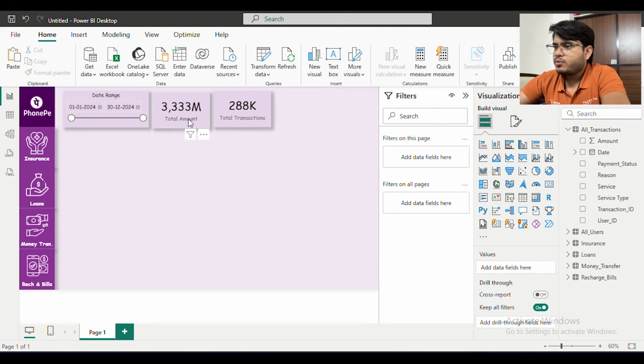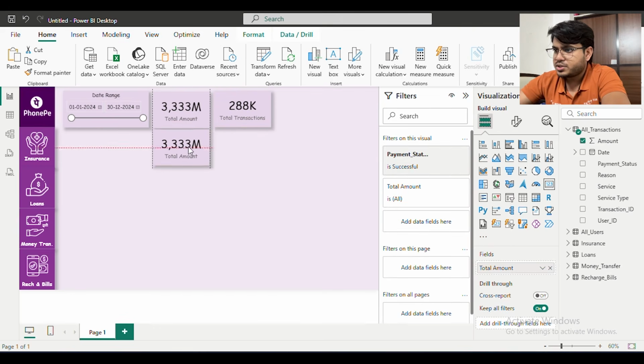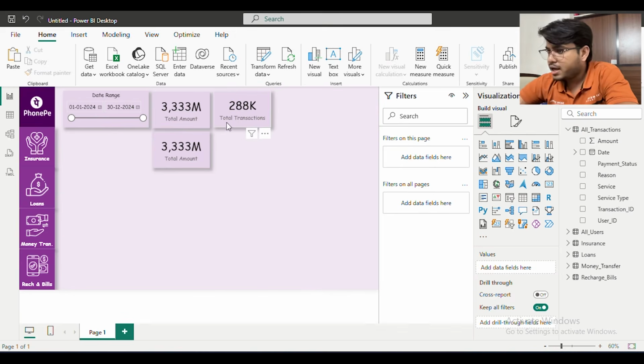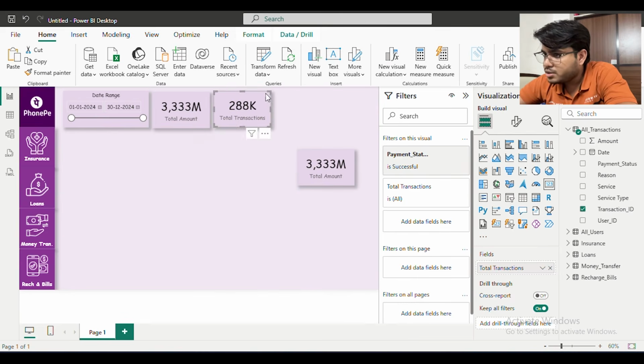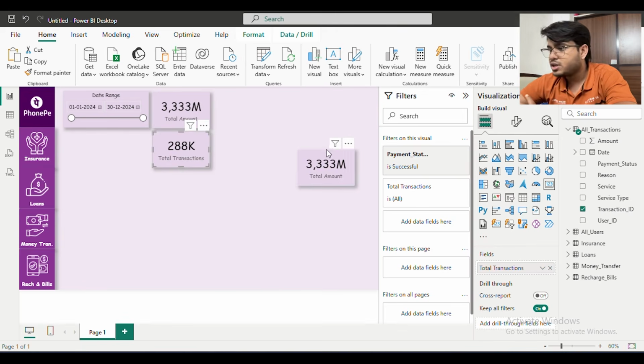Okay, now we'll add payments. So these are the total transactions that I have mentioned over here. For this many amounts we have done this many transactions. Now